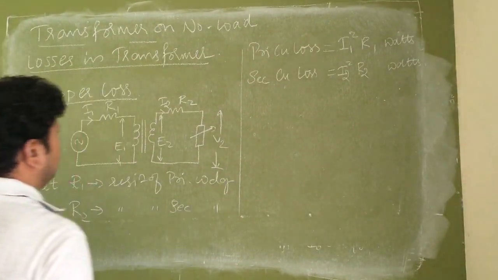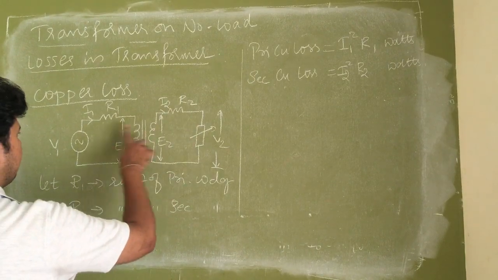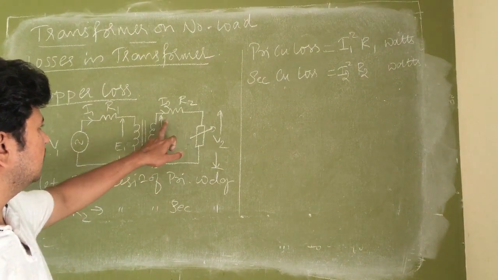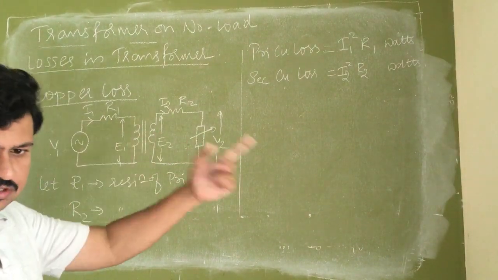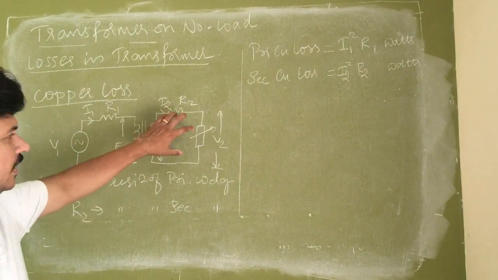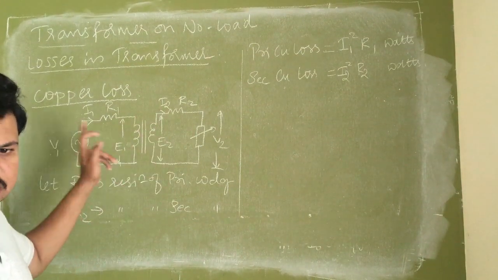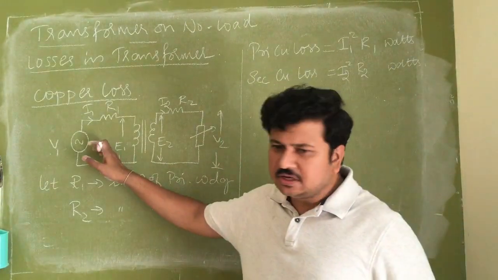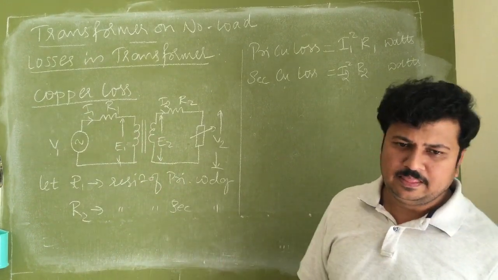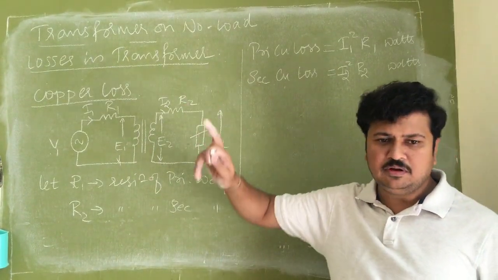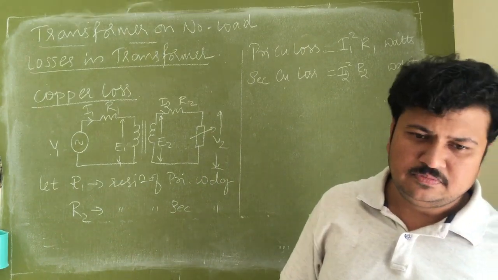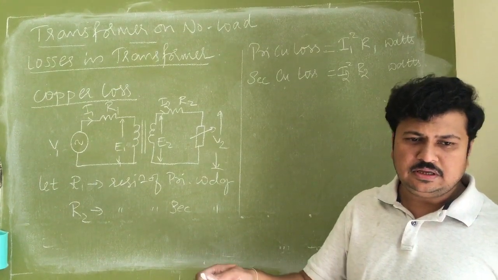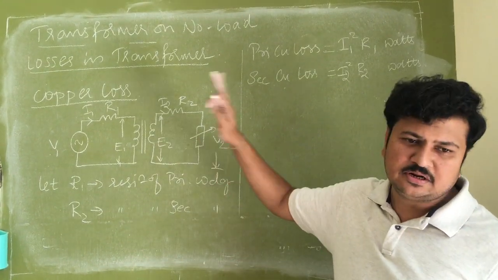Now don't think that if the load in the secondary changes, primary current will remain constant. No. If the load in the secondary increases, current in secondary increases, current in primary should also increase. Because secondary circuit is getting power from where? Primary circuit. So if the secondary circuit power requirement rises, primary circuit power drawn will also rise. So as I2 increases, I1 will also increase. I0 will not remain the current now. It will be I0 plus the current that is drawn by the secondary.